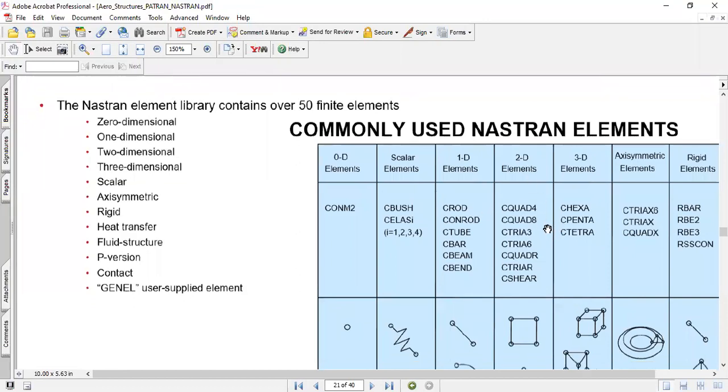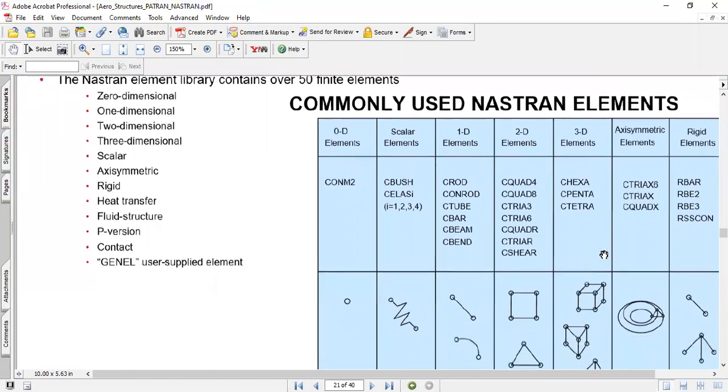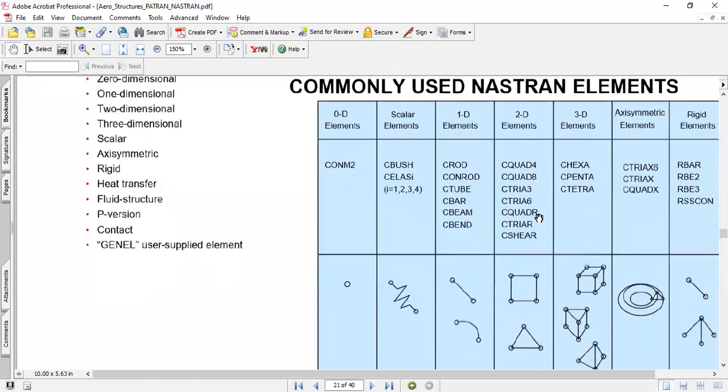And we have similarly a set of two-dimensional elements, which is CQUAD4, where 4 denotes the number of nodes. For the higher order element, which has the mid-side nodes, there is CQUAD8. That means there are 4 mid-side nodes and 4 corner nodes, total 8. And similarly, we have the tria element and the CSHEAR element.